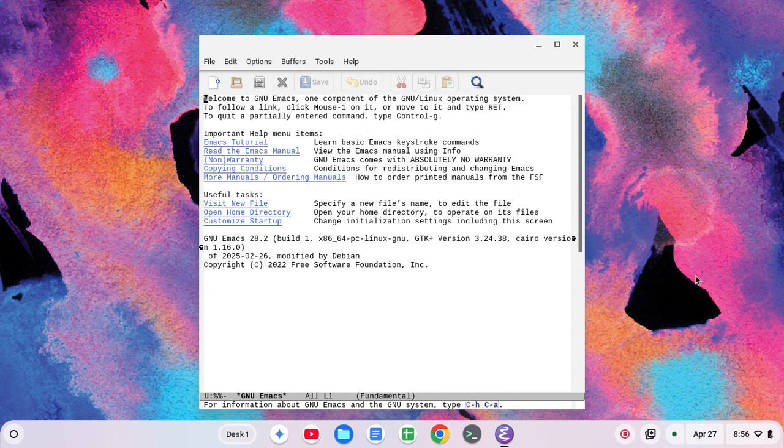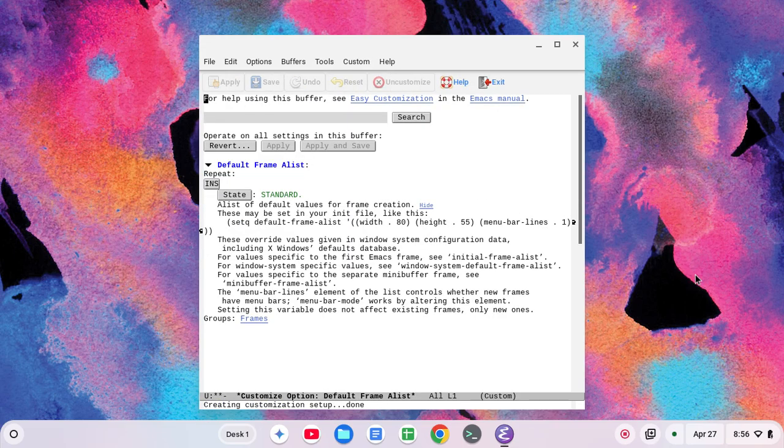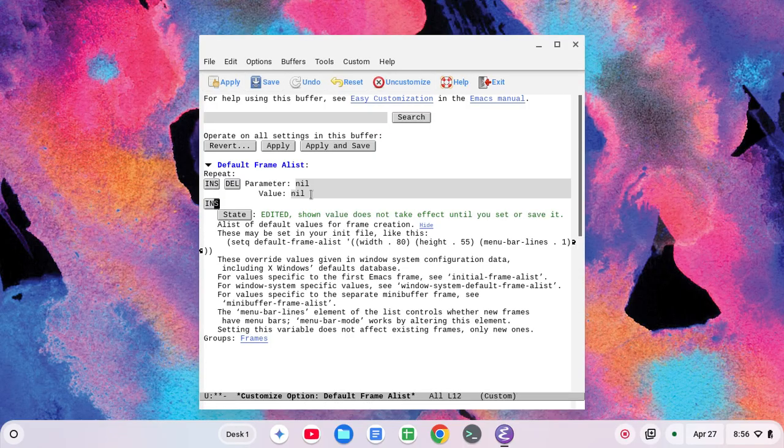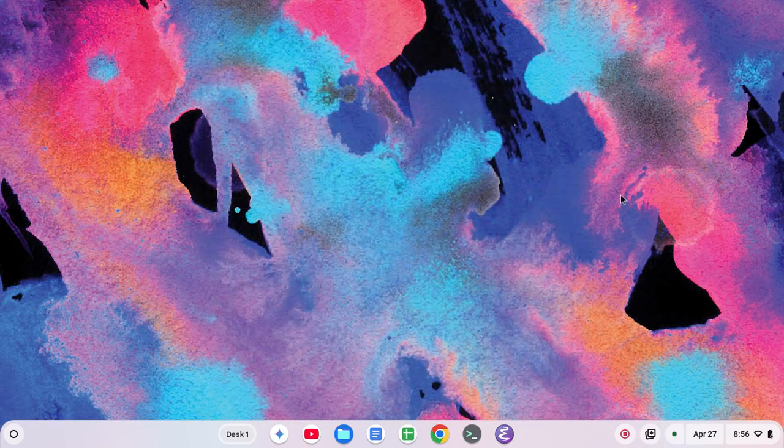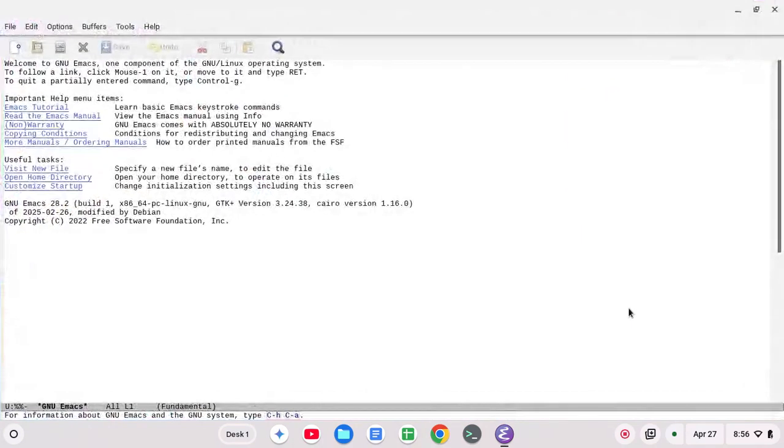Let's just do a minimal setup while we're here. So I'm going to do Alt-X and type in the minibuffer here at the bottom, customize-option. And I'm going to start with default-frame-alist. And I'm going to insert a parameter here, which is fullscreen, and I'm going to give it a value of maximized. I'll click apply and save. Now if I close out of Emacs with Control-X, Control-C, and then open Emacs back up, you see it starts